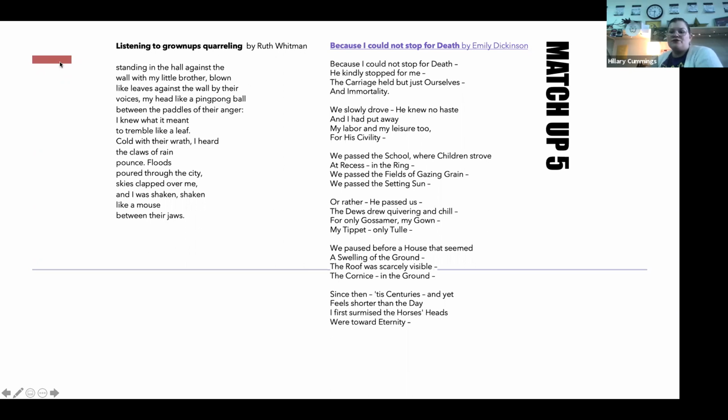To me, this poem really captured what it's like to be a young child hearing older people in an argument. Maybe they're having a heated exchange of words. Now, not all arguments are bad, and everybody fights sometimes, so I don't want you to think about this as necessarily an abusive situation. This is where we have kids standing in the hallway and they're hearing their parents argue. And that's really scary when you're young, right? Because you don't know what's going on and it's completely overwhelming. So I want you to think about, what is the author's tone about hearing their parents argue while they're